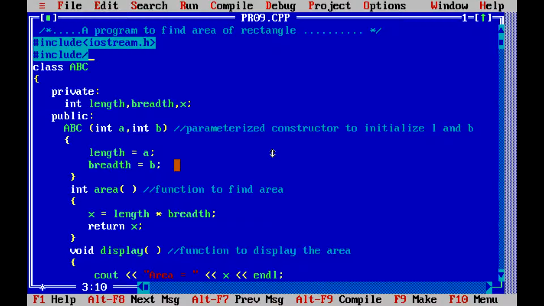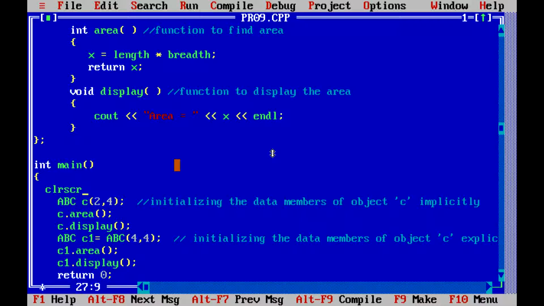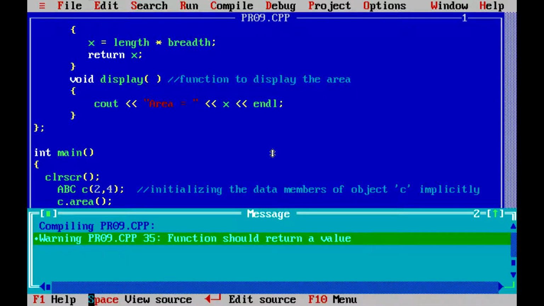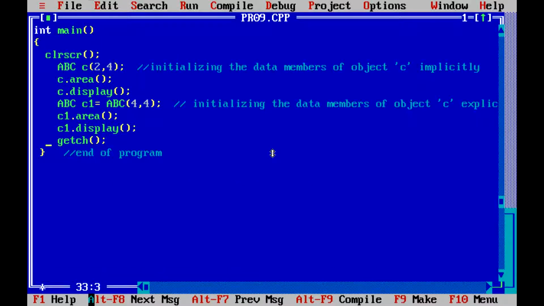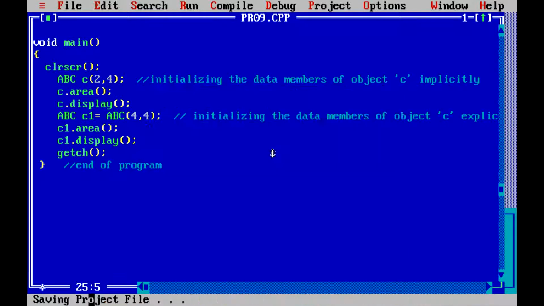Include conio.h. Then in main first we call the clrscr function, and at last, instead of return 0, we call the getch function. Now we compile our program again.